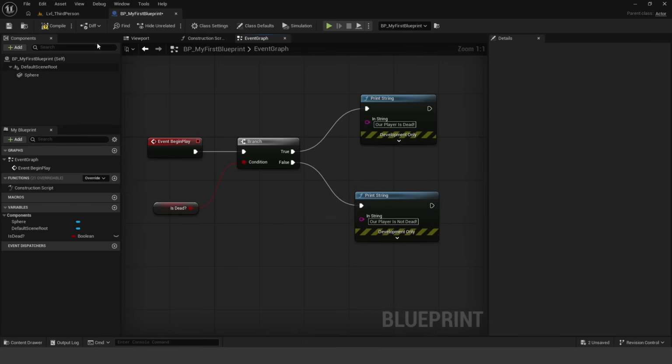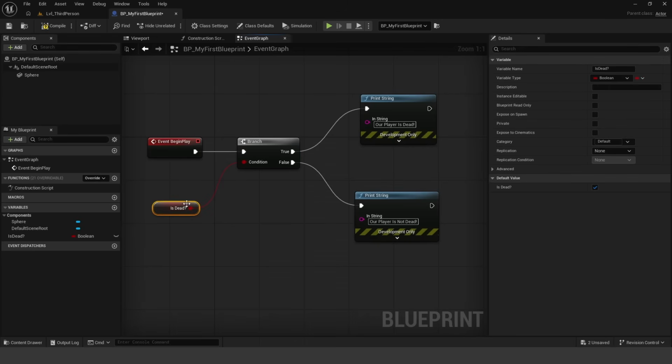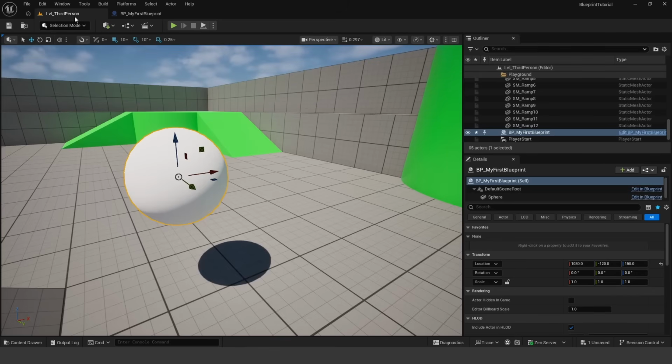So basically now what we're doing is we're checking to see if this condition is our player dead. If that is true, it's going to print off our player is dead. Now, if I uncheck this for the false, what it'll do is it'll call our player is not dead. Okay, so let's go ahead and compile and save this. And now if we go into our level